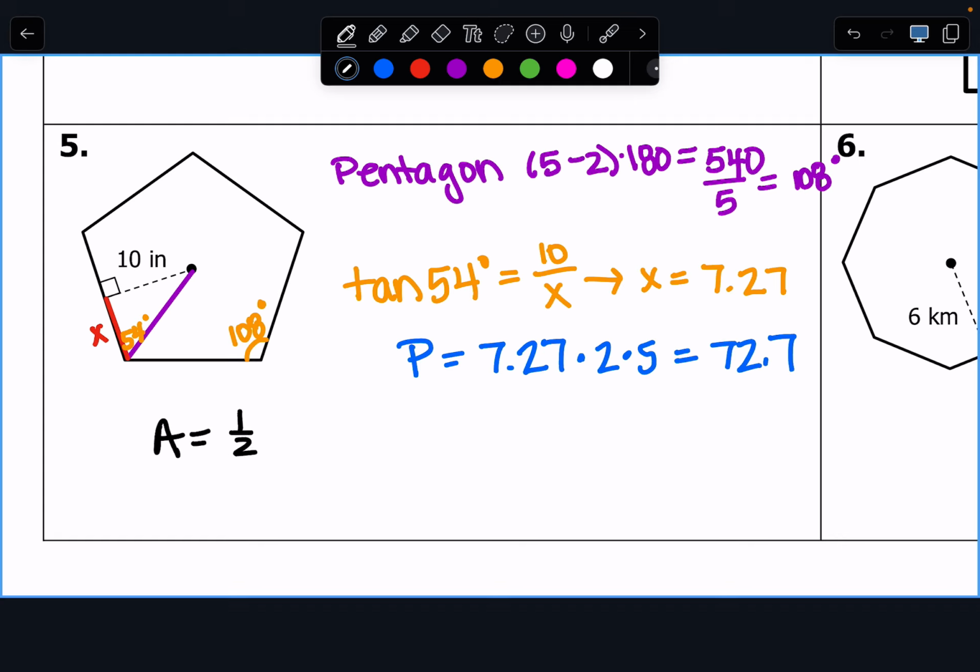1/2 times our apothem. What's our apothem? 10. Times 727, which is